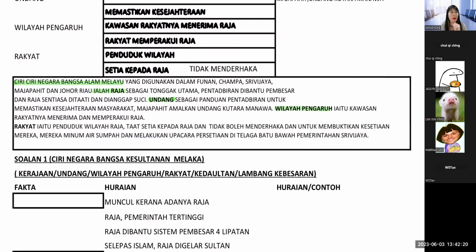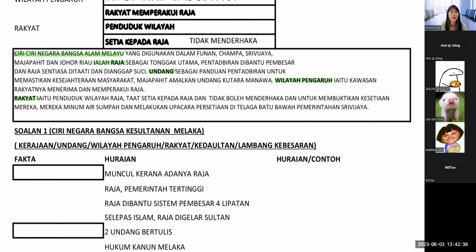Ciri ketiga, wilayah pengaruh. Ciri keempat, rakyat, like that. And you write your answer down. Okay? There's one thing to show the loyalty of the citizen, you must remember this one. To show the loyalty of the citizen, remember in Sriwijaya, guys, remember in Sriwijaya, they go to the